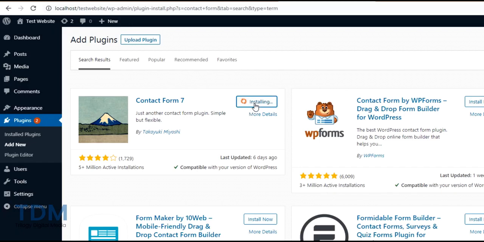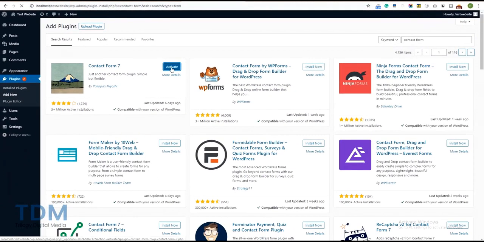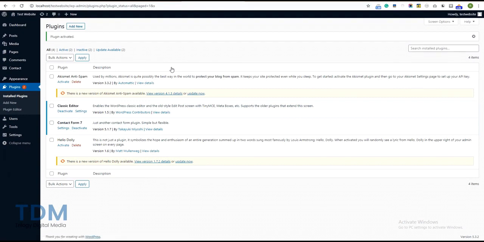Now the install is happening right in front of our screen. If you noticed, it cycled through installing and now the button changed from Install Now to Activate. So you can simply activate the plugin directly from here just by clicking Activate. Once the plugin is activated, we are taken back to the Installed Plugins page, and now you can see Contact Form